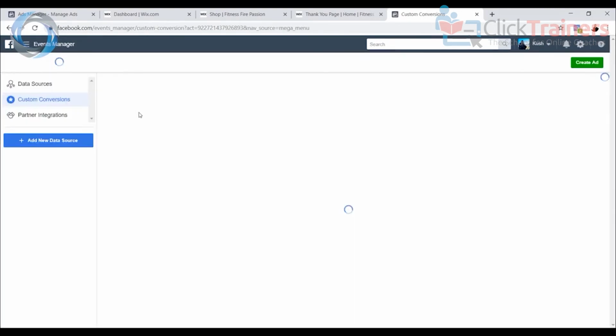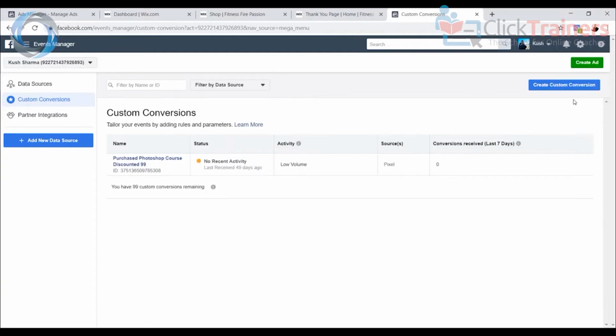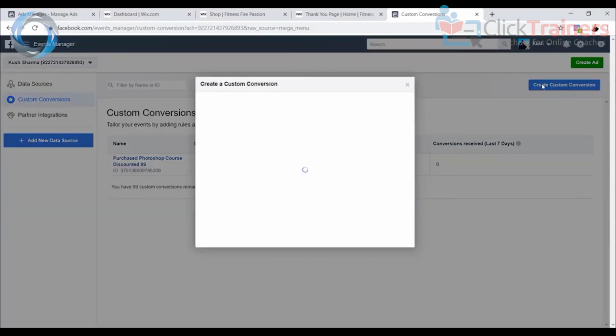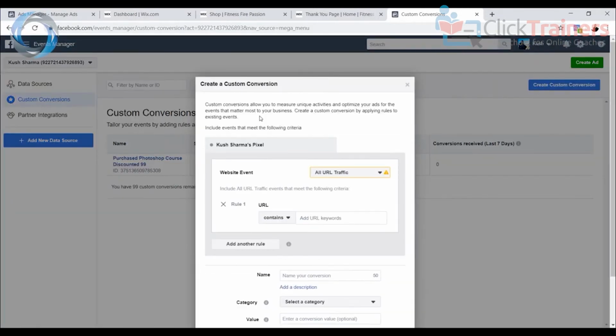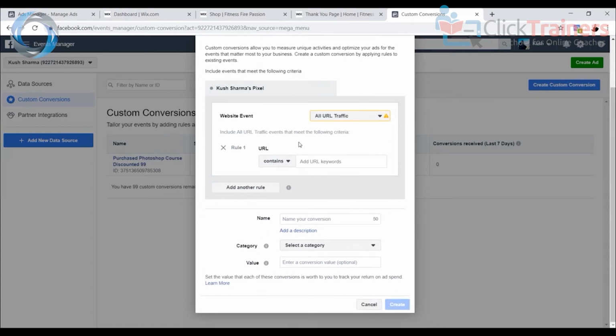It's going to take us to a page where we will be able to create a conversion. So you'll come to know what exactly is a conversion. So I'm going to click this button, and this is the area where you'll exactly tell Facebook what is the kind of conversion that you want to create and what will it be called, so that you remember later on when you start making your ad, the conversion ad, the first thing it's going to ask you is what conversion do you want to link your ad